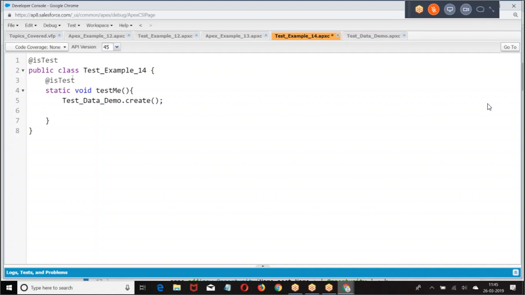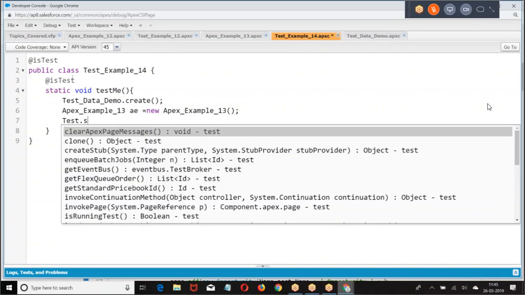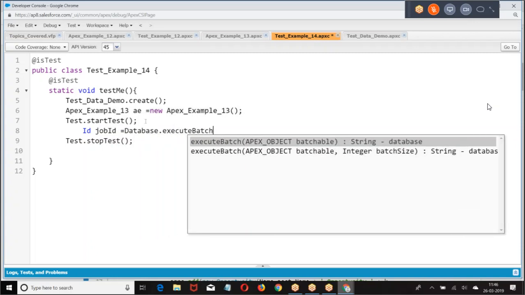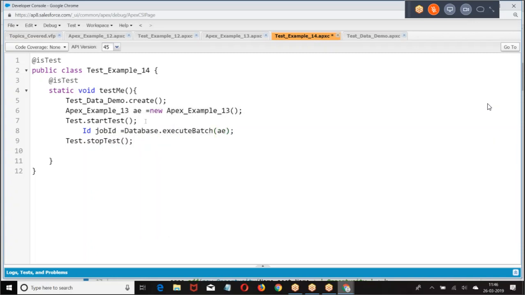Then what are we going to do, boss? Which class are you supposed to test? Apex example. Tell me how you are going to do it. Test dot. Then I was giving it.